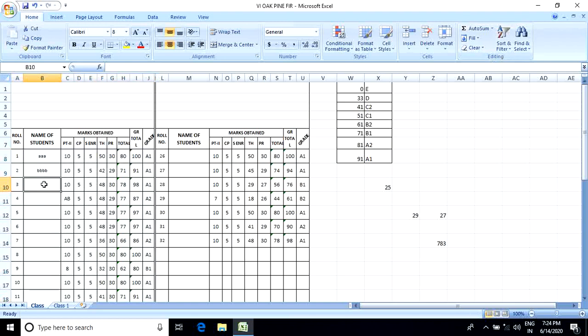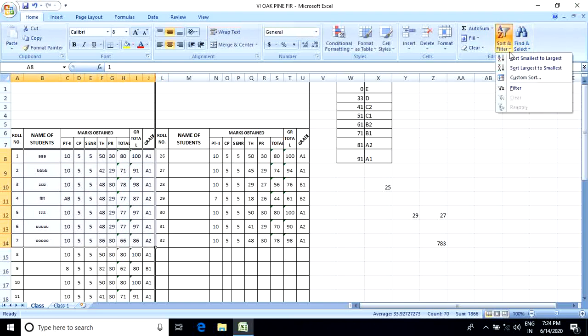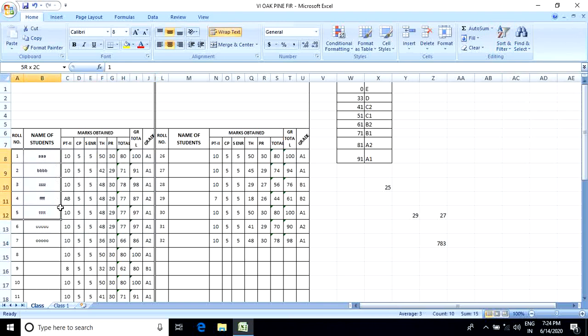Suppose here we write Z, Z, Z, Z. Here we write F, here T, here U, O. Now I want the result in ascending order. So just select this and use custom sort.